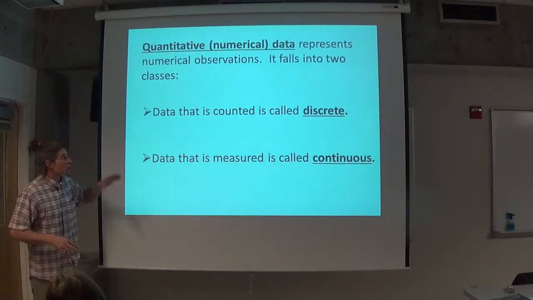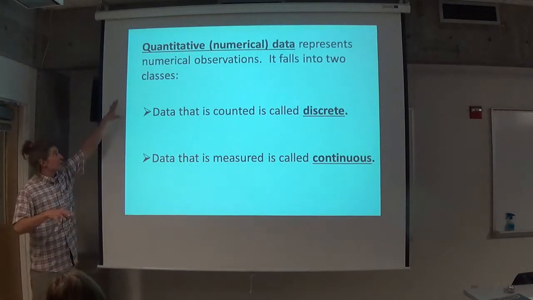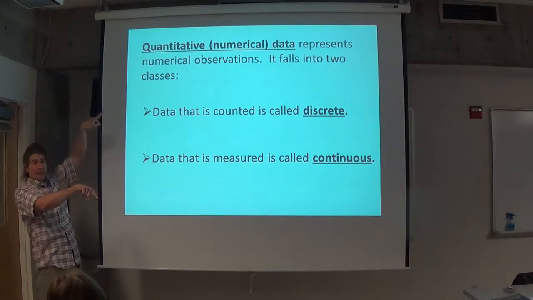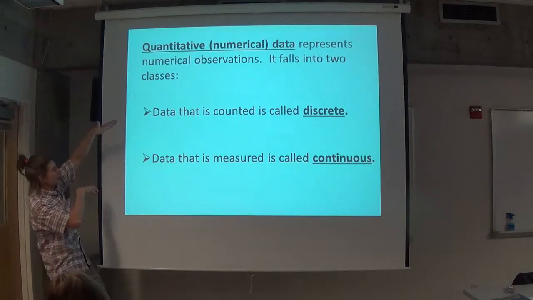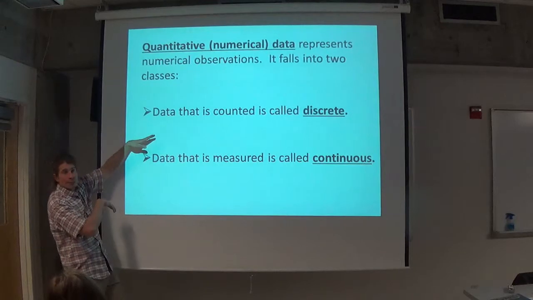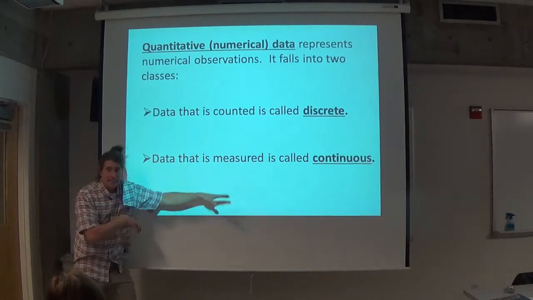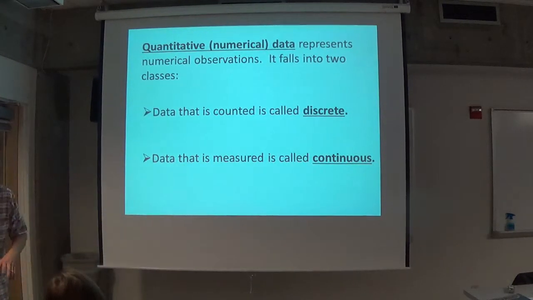So anyway, this quantitative data, this numerical data, I like to subdivide it even further, and I kind of build a course around this too. If you count it, it's discrete. And if you measure it, it's continuous. That's just terms that have been handed down to us. Discrete items versus continuous items. So an example would be simply counting you guys as you walk in the door. 1, 2, 3, 4. Counting the number of eggs my chickens lay.